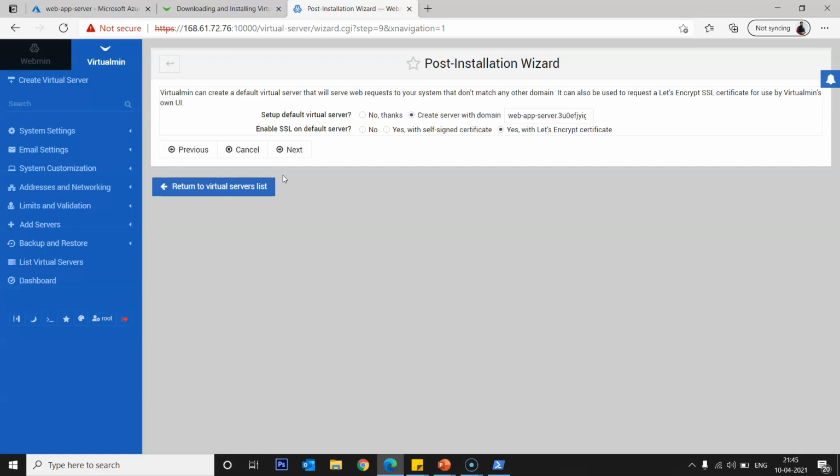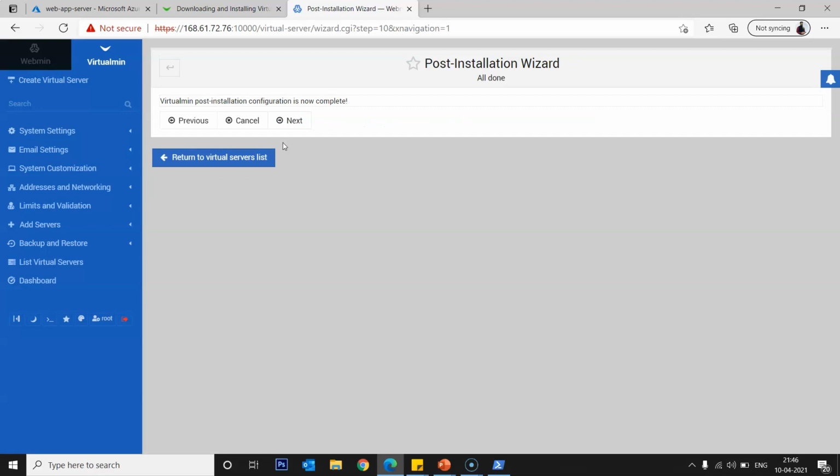You can leave it as default. I'm using no. So enable SSL on the default server, I'll use yes. Let's use encrypted certificates. Next. So the Virtualmin post installation configuration is now complete, so click next.